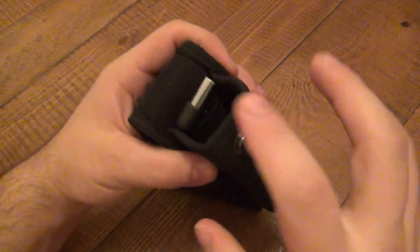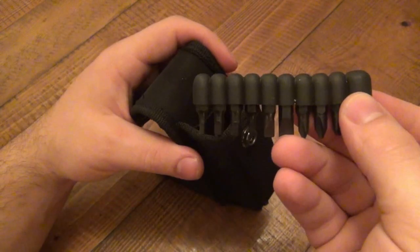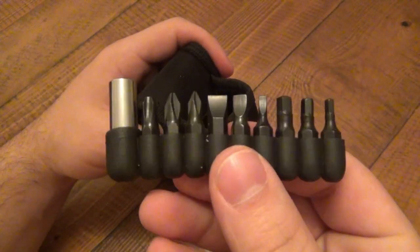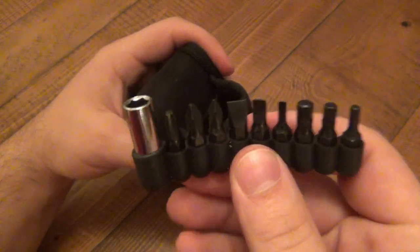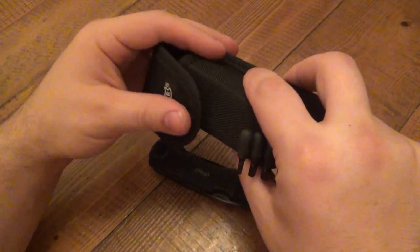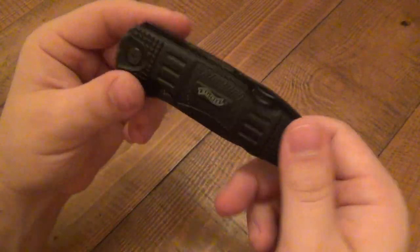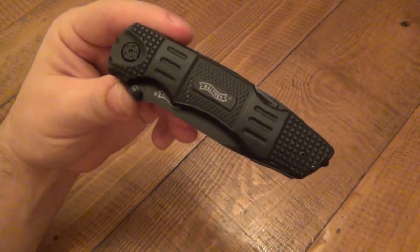What's cool though is you get a little separate pocket in the back which holds your little bit kit, and this did come with this tool, which is always nice to have some options for some different bits. All right, so you see that little pocket in the back there. All right, so get onto this and show you the knife, because it is, well, I mean, it's a multi-tool,